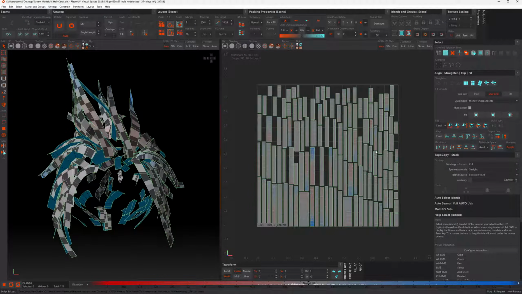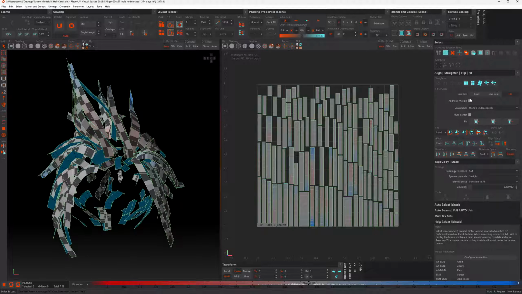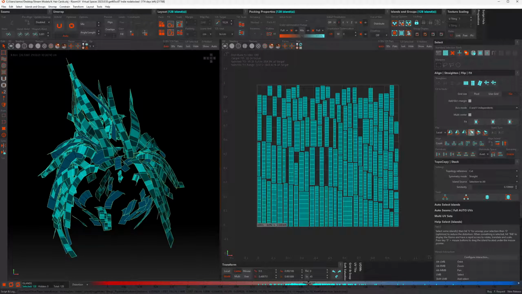Now we've added something called fit to tile even. So you can see that here. It's in the align, straight and flip section, and much like before, we've got pixel and user grid, and you've got your fit options, but now we've got this tile option. So if we select this tile option, we've got a few things you can do here. I'm going to get into these two settings in a minute, but this alone, just turning on this setting, solves this problem. So if I was to select all these tiles now, and then just choose the first one here,